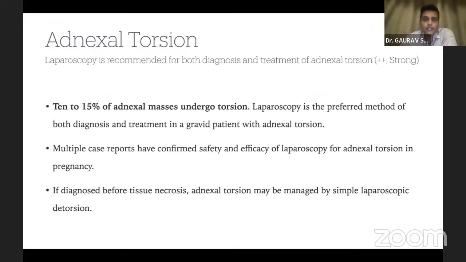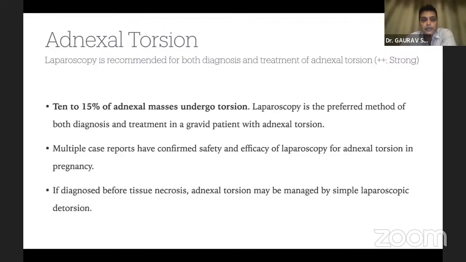Now we come to adnexal torsion, which is definitely a risk factor in a case of adnexal masses, especially large ones, in case of dermoid cysts, for instance, which can actually tort around the pedicle. And laparoscopy is recommended both from a diagnostic point of view as well as from a treatment point of view. So about 10 to 15% of these adnexal masses undergo torsion. And multiple case reports and multiple literature has suggested that laparoscopy is safe and effective for an adnexal mass in